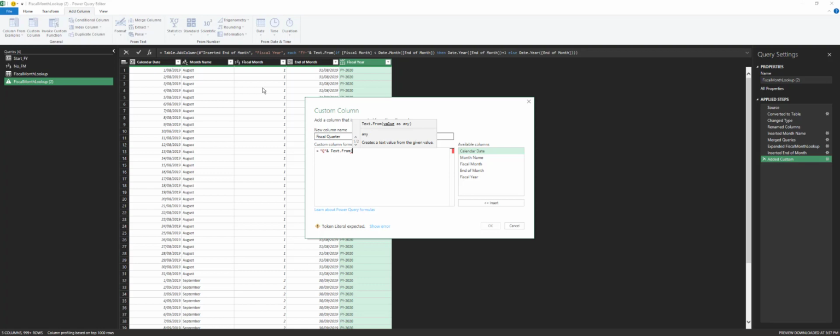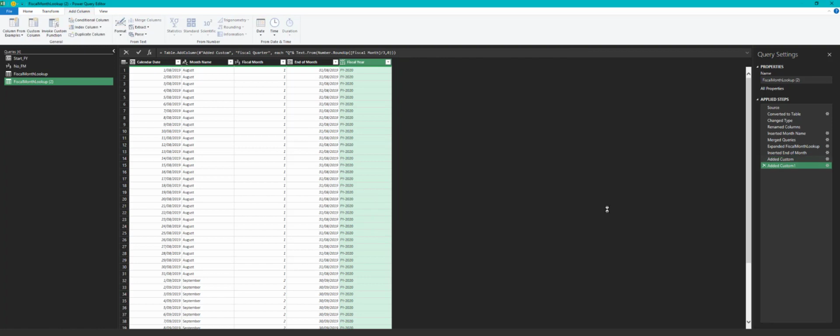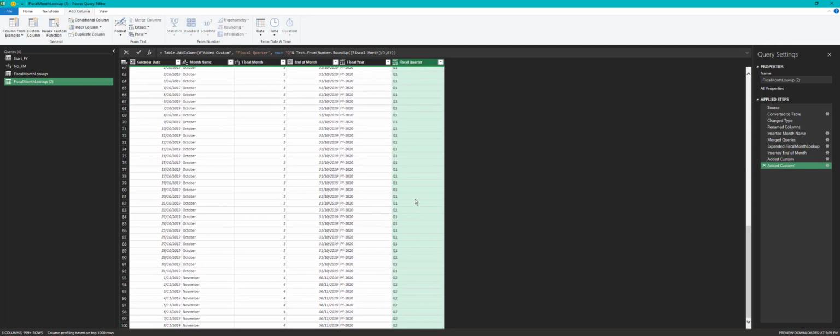So for that we're going to type Number.RoundUp, open brackets, double click on your fiscal month, and then just divide by 3 and then comma 0, and that's just saying we're going to divide it by 3 and we want to round it up with no decimal places. So just close brackets on that, and then we need to close them once more because we've got our Text.From function, and click OK, and that will give us our fiscal quarter number,